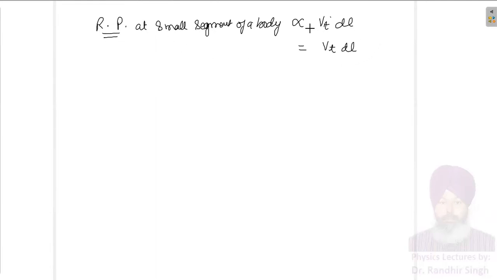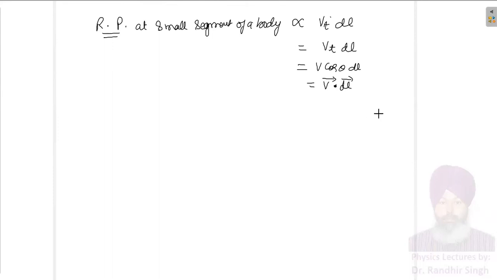Therefore I can presume that the constant of proportionality is 1, and it is exactly the rotational power, because this is arbitrarily defined. According to my convenience, I can take this constant of proportionality to be equal to 1. So it will become V cos theta and dl. That is why I took it to be dl. After taking so many decisions, I finally settled at cos theta. So it will be V dl cos theta, it will be V vector dot dl vector.